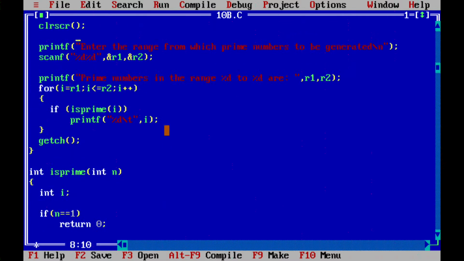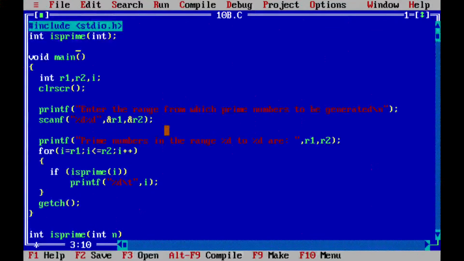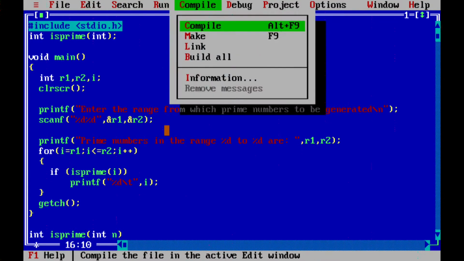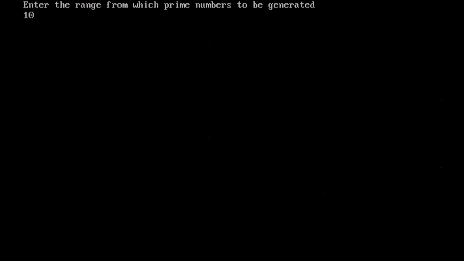Okay. So this is a simple code for finding primes, and above it, for the range R1 to R2, we call is prime. Let me take this code and try to compile and run. I'll make it from 10 to 100.